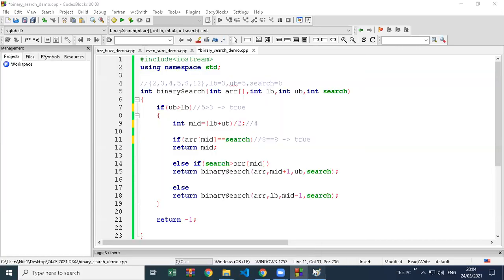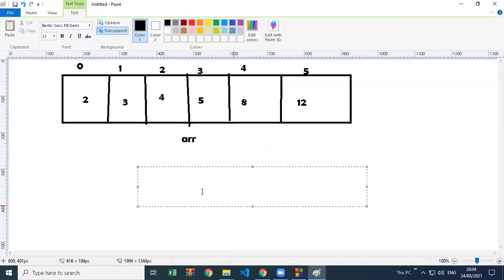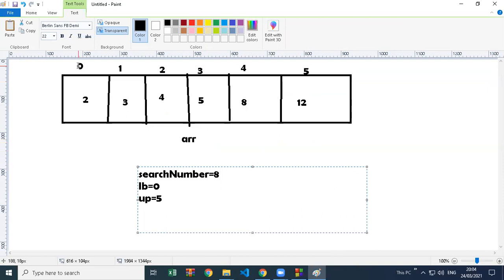Thank you, sir. Yeah, so we did the same just here. If you again see the theory concept, you will understand and relate it to the code. We are searching for 8, but what is the lower bound? 0. This we took also in code. What is the upper bound we took? Upper bound 5. So 0 plus 5, 5 divided by 2 is equal to 2.5. So first the middle element we got was 2. 2 is nothing but this element 4.